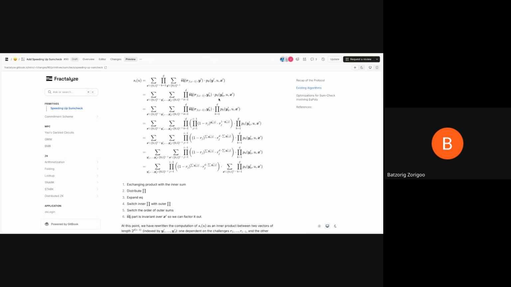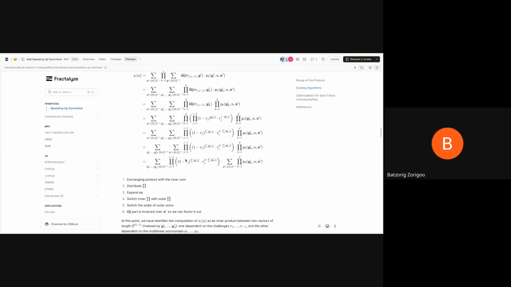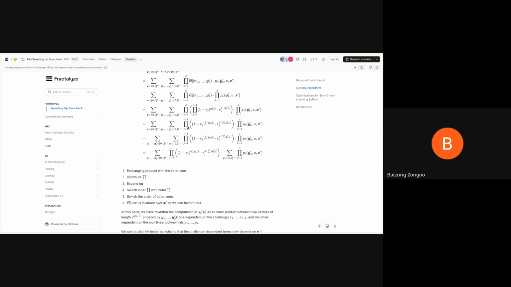So this whole product, we can distribute this product. So it's going to be like this. And then if we expand the EQ formula, we have this. And then if we just switch this, because this is just multiplication,